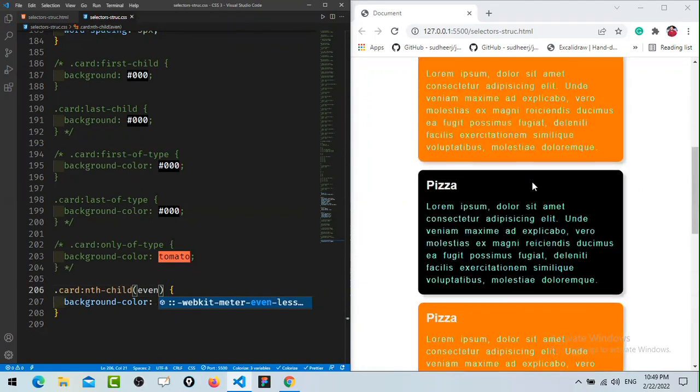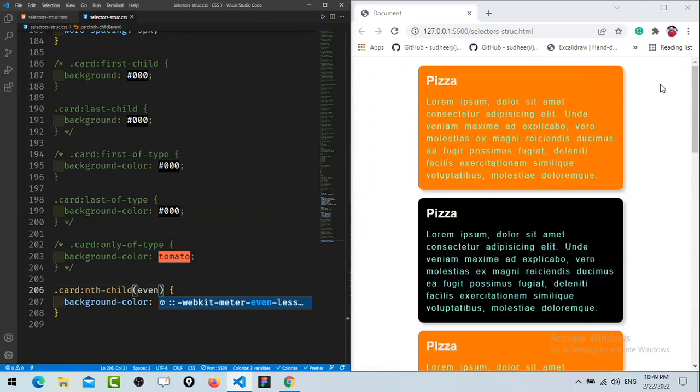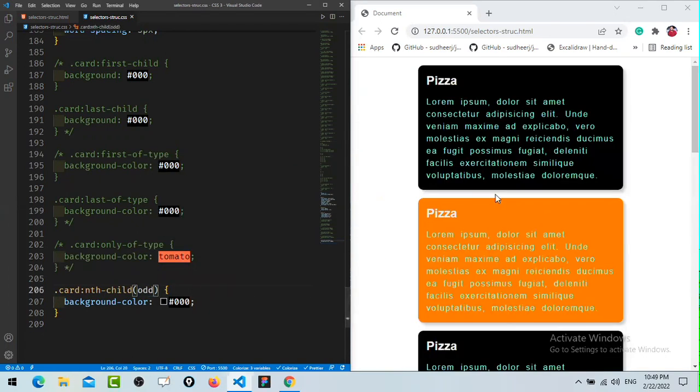Right now I'm giving you an example of this card, but in case you have a table and you want to create a striped table, alternate rows should be in different colors. You can use this, no? Same thing, like tr nth child and then even. It will work, no? What if you want to change the odd ones? If you want the background color to be red for every element,